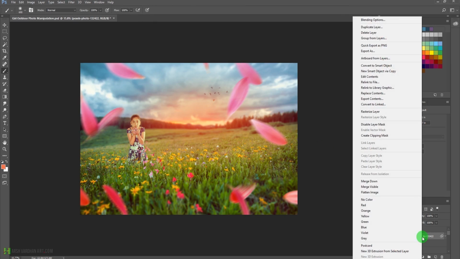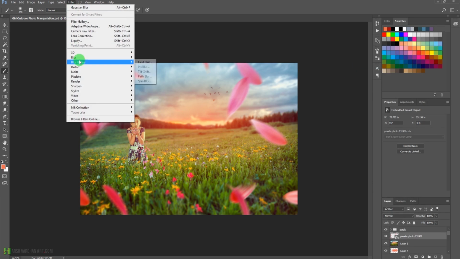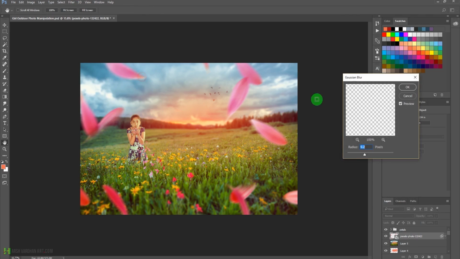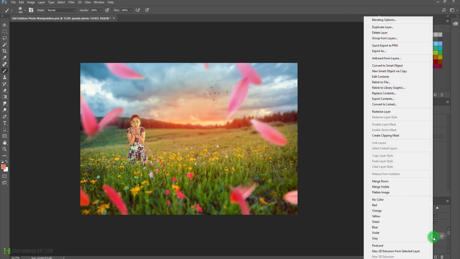And before we do that, we'll right click and select once again convert to smart object, and go to the filter, blur, Gaussian blur once again, and blur them out to something like this. Okay, and press OK, and we'll right click and select rasterize layer,